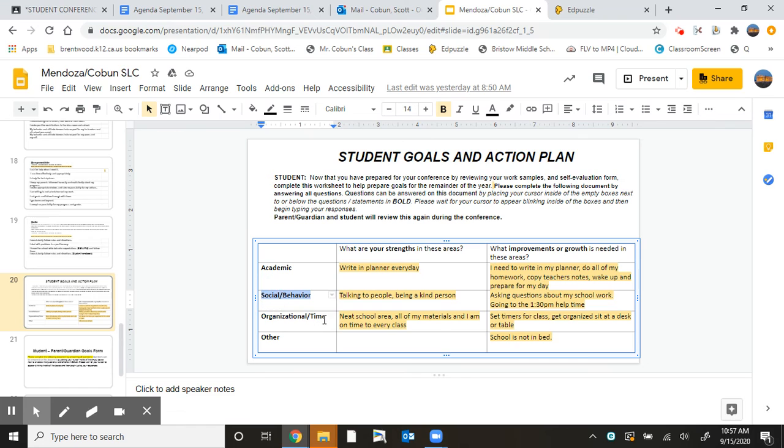Okay, what are your strengths? Everybody's got stuff they're good at. Organization and time, and then other. What are you good at? Okay, and then where could you improve in these areas? Right? So, and these are suggestions in a template. So you don't have to, everybody's answers are different. Okay, and then at this point,